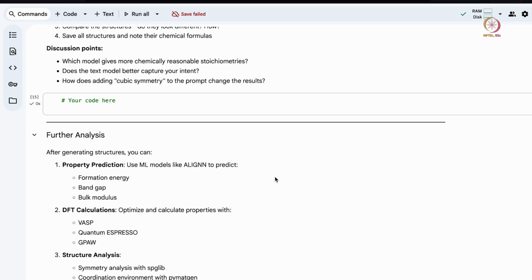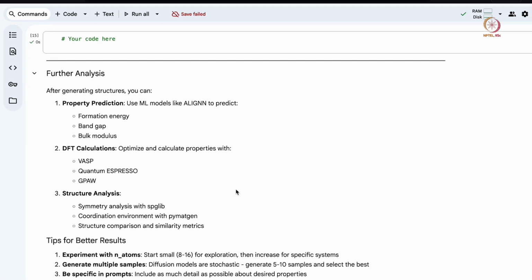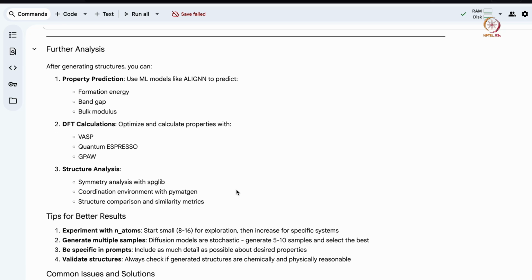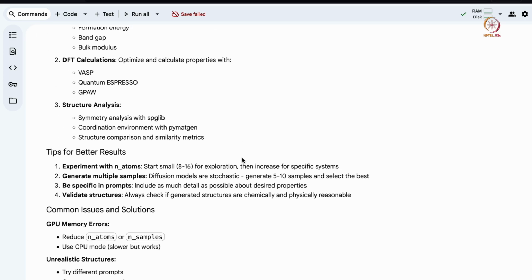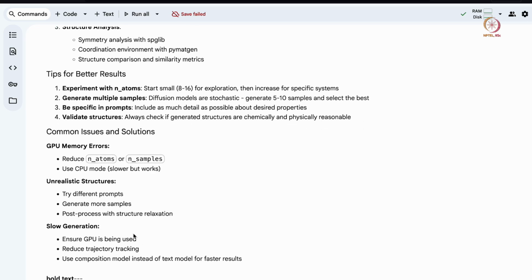Or you can do more rigorous DFT calculations using VASP or Quantum Espresso. You can also do structure analysis, like what is the space group of this structure and what is the coordination environment, using packages like PyMatGen or AFLOW. So there are some exercises for you to try.